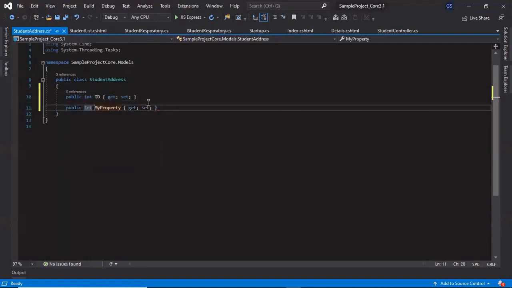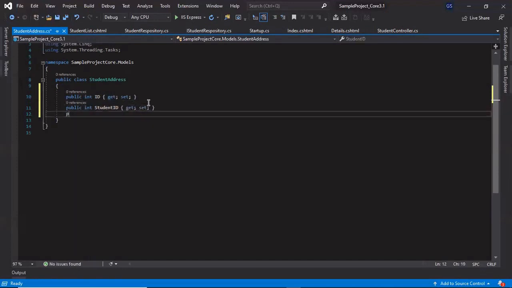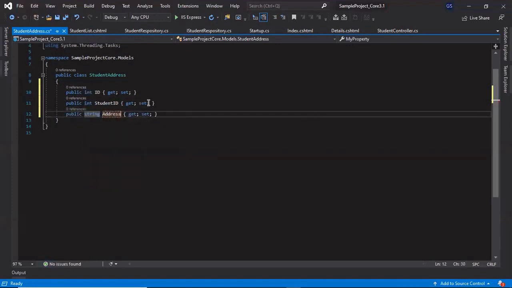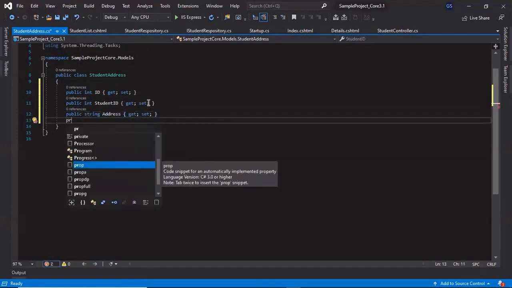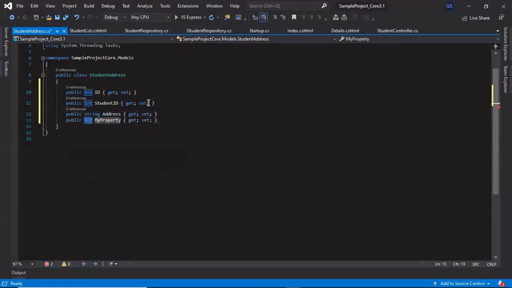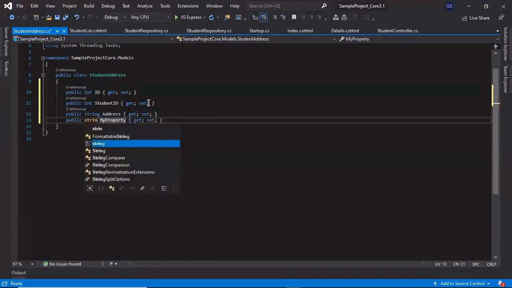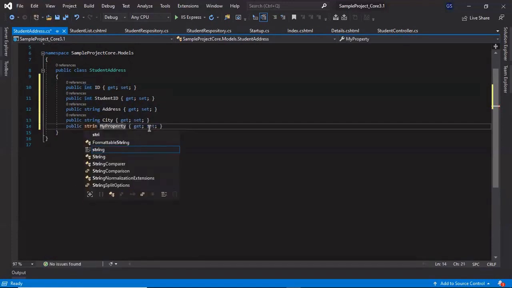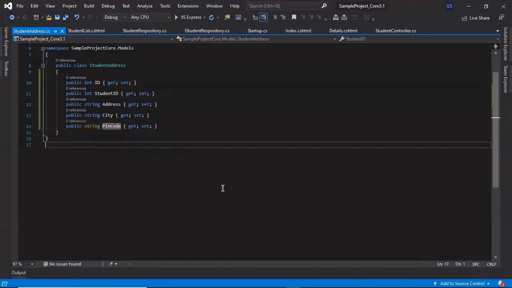We require the ID of the student, which is the reference from the student table. We require the string address, we require the city, and we require the pin code. So we have now added the address model.